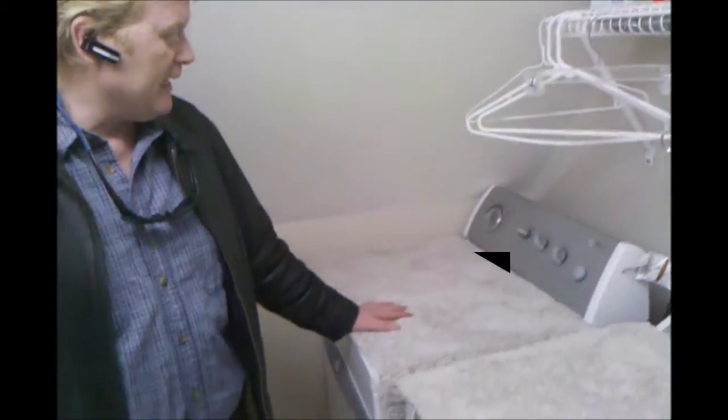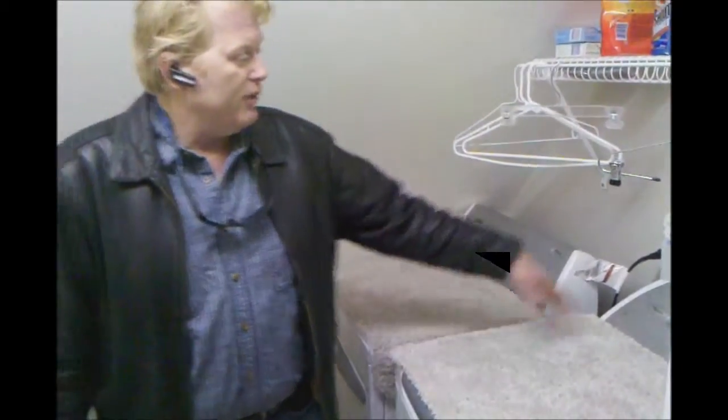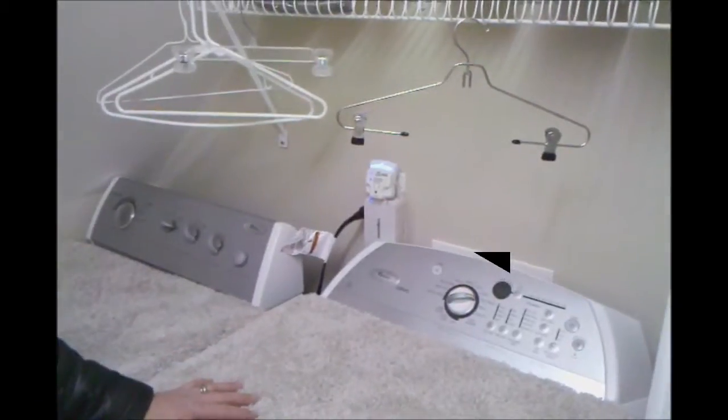Our dryer's all cleaned out. There's no lint in the line at all. That's taken care of. We got our new washer hoses installed back here. So that's all taken care of as well. And then if we want to go down the hall,